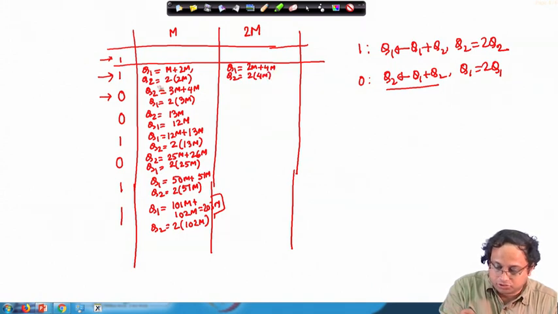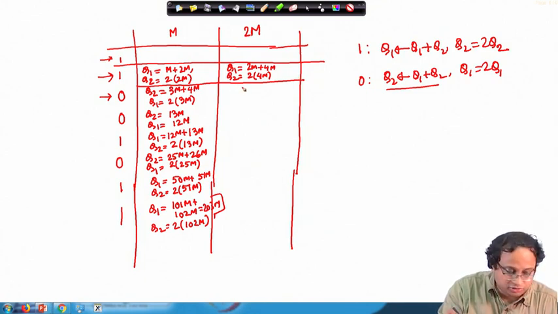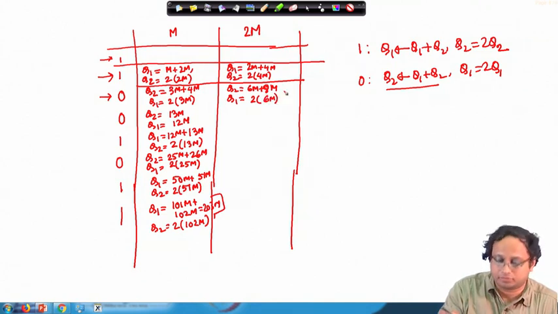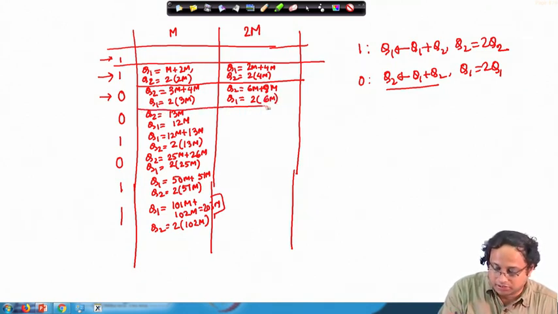Okay. So that is my first computation which is being done. In the second case I get a 0 here. So therefore I do Q2, which is equal to 6m plus 8m, right. 6m plus 8m, 4m is 2m plus 4m is 6m, and then this 8m. So I add in Q2 because it is 0, and Q1 is equal to the double of 2 into 6m, which is 12m. Okay. So that ends my processing.